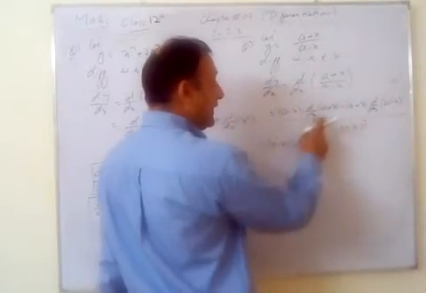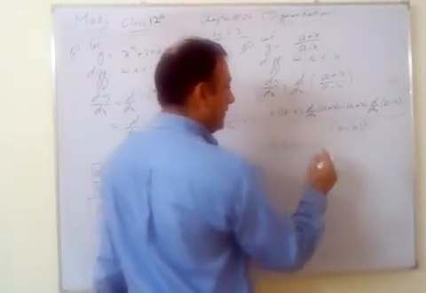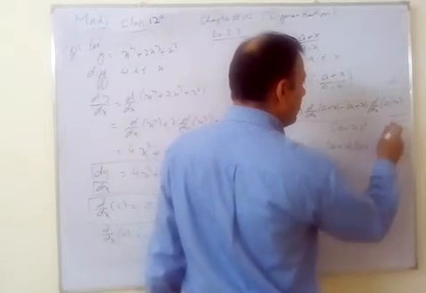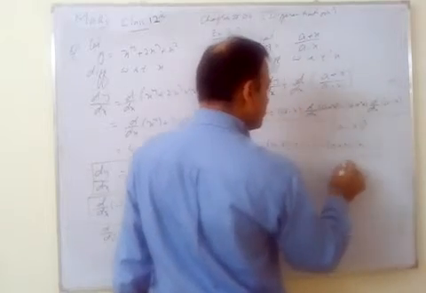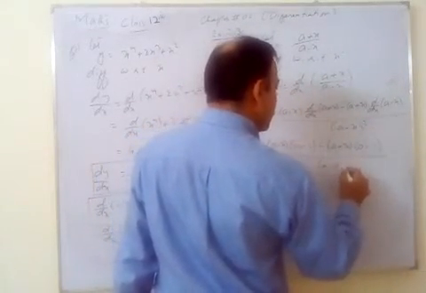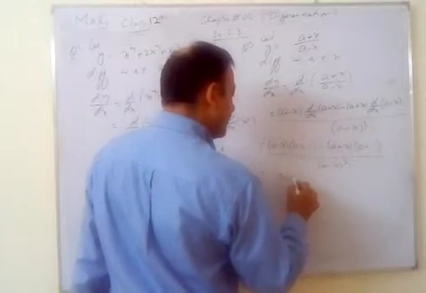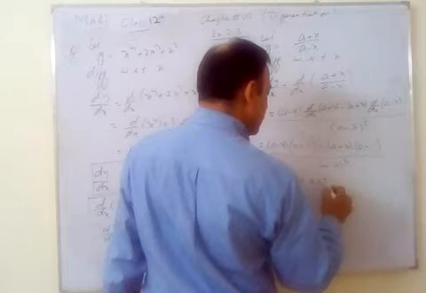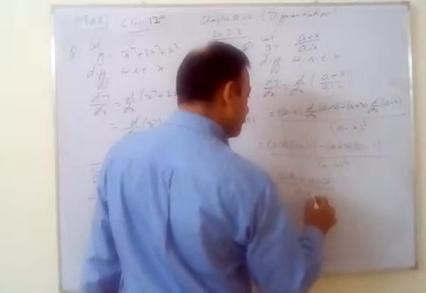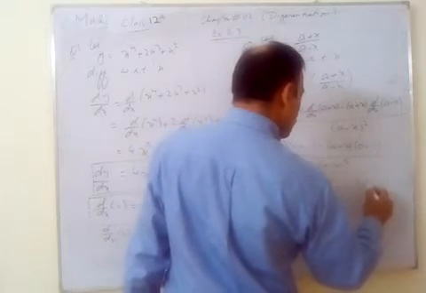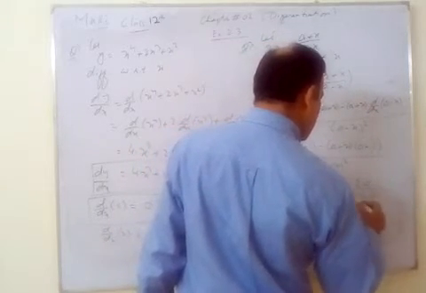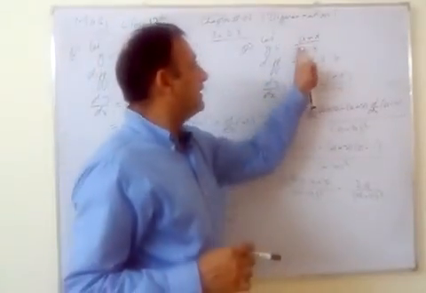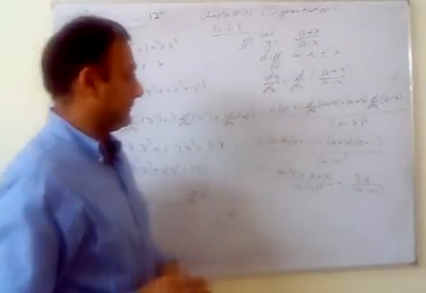So derivative of a is 0 and derivative of x is 1 times a minus x as it is, minus a plus x times derivative of a is 0 and minus derivative of x, divided by a minus x whole square. So a minus x minus minus minus plus a plus x, both cancelled. So 2a divided by a minus x whole square. So this is the derivative of this function, a plus x divided by a minus x.